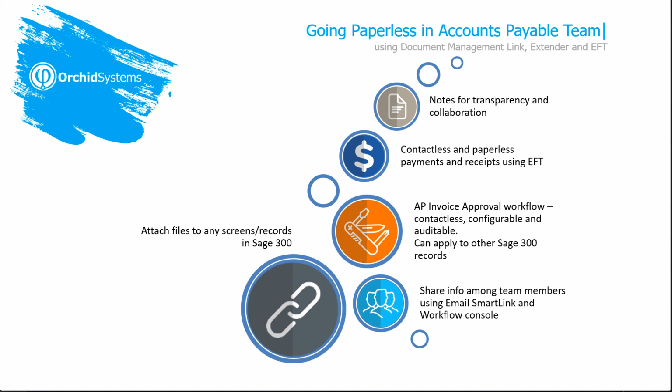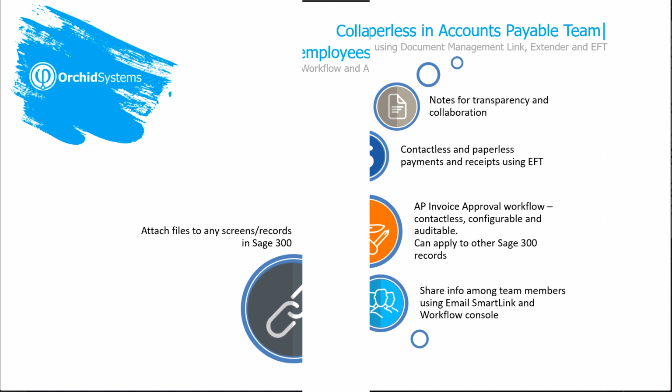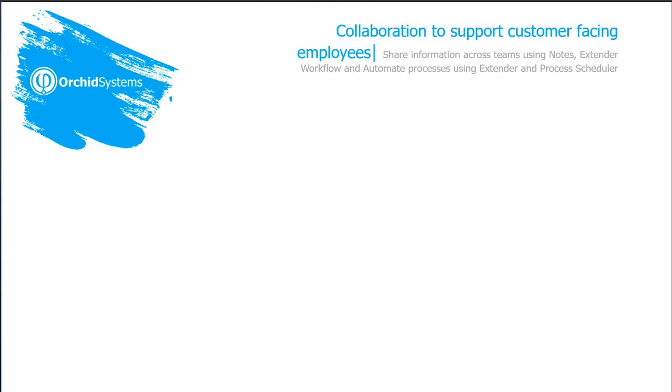The AP invoice approval workflow is a new addition to our processes, from a nice to have to a great supporting tool for our remote teams. And we're benefiting from this configurable and editable workflow that can apply to other Sage 300 records such as AP vendors and beyond AP. Moving on to customer-facing employees, we will demonstrate our daily processes for new orders and for